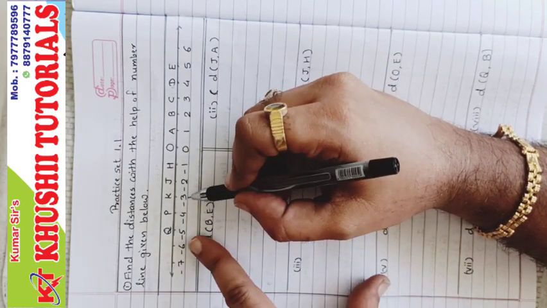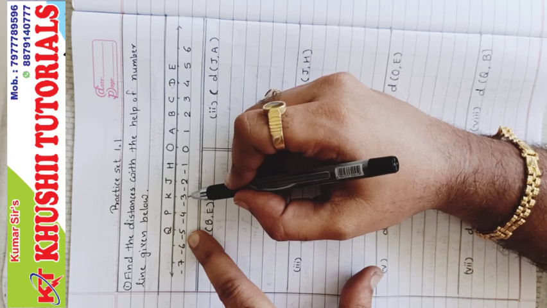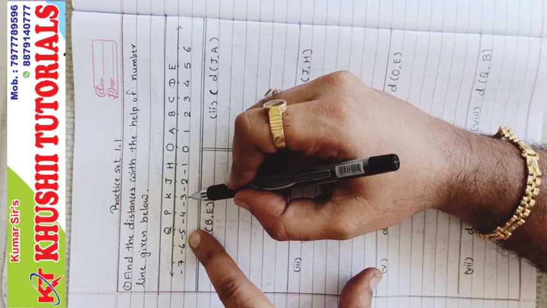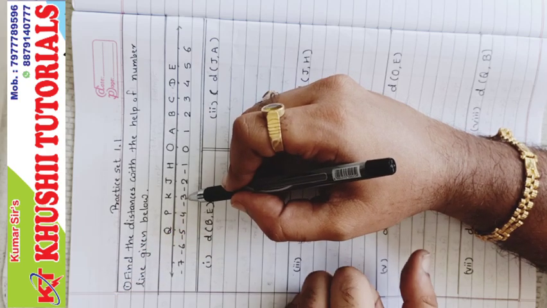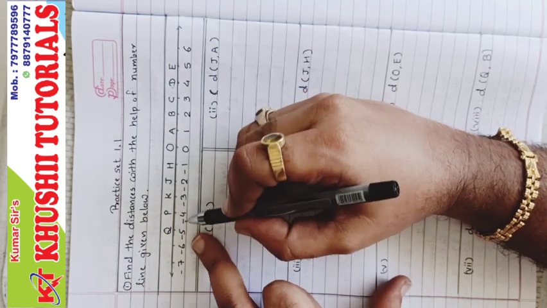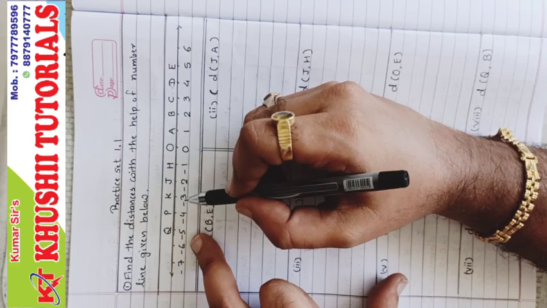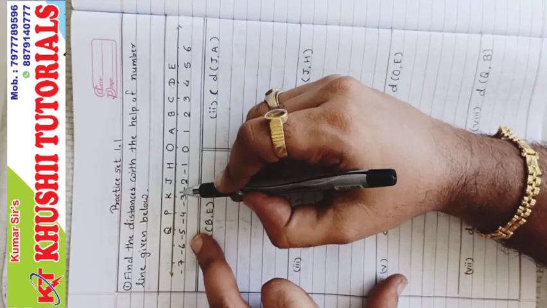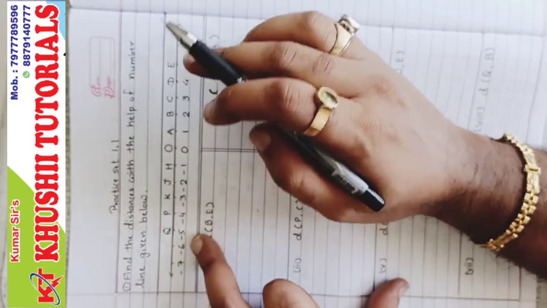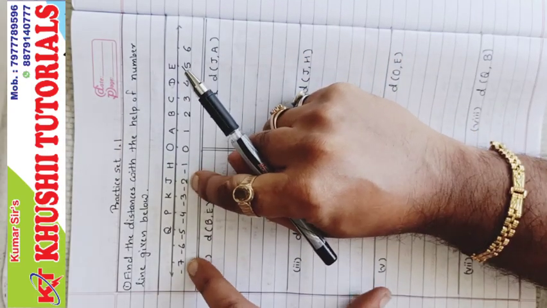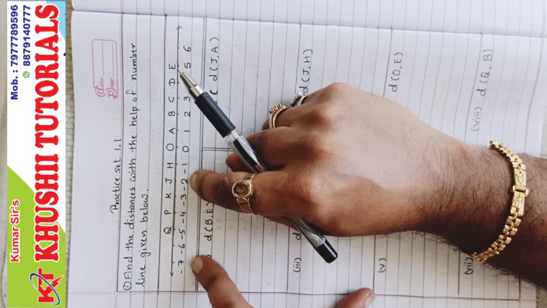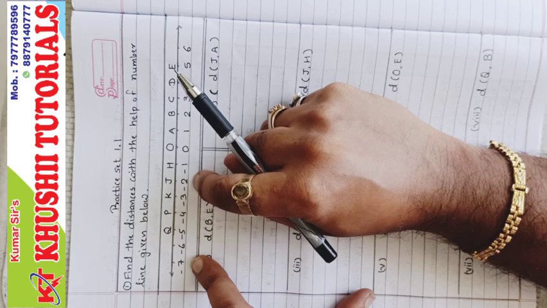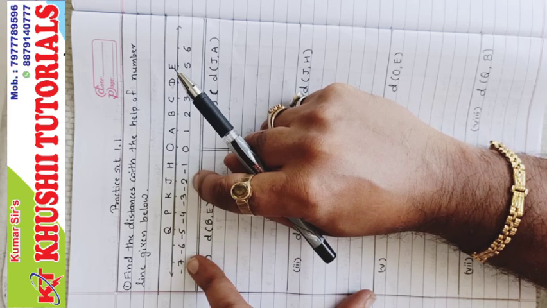If I tell you to compare minus 5 and minus 3, both are negative, you might get confused, but remember, minus 5 is on the left side of minus 3 and minus 3 is on the right side of minus 5. So the number on the right is greater, so minus 3 is greater and minus 5 is smaller. Now minus 7 and minus 2, which is on the left side? Minus 7. Which is on the right side? Minus 2. So minus 2 is greater and minus 7 is smaller.